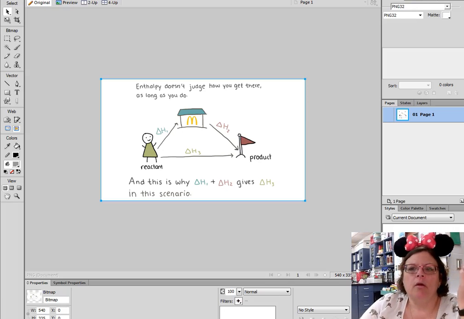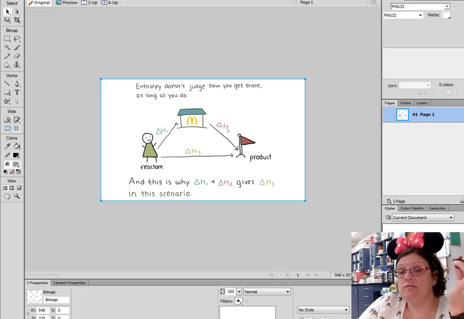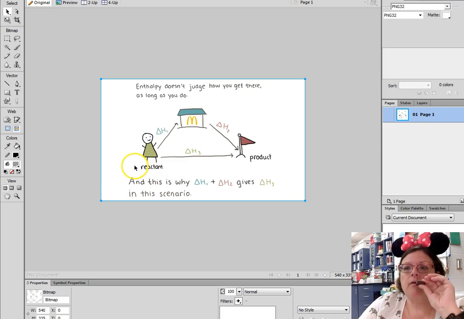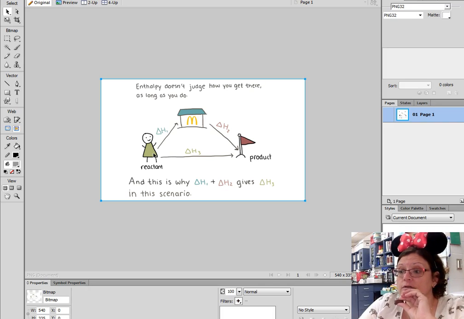All right. So the whole idea behind Hess's law is it doesn't matter how you get there, as long as you get there. Here's a lovely picture. If you've got to get to school from home, but you got to stop at McDonald's on the way to school,